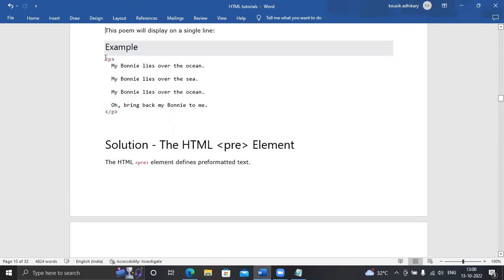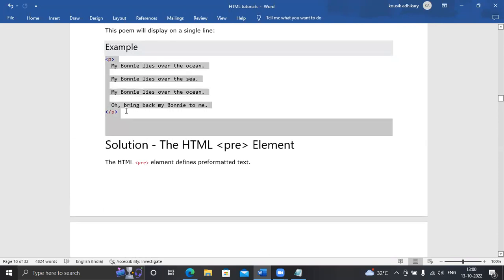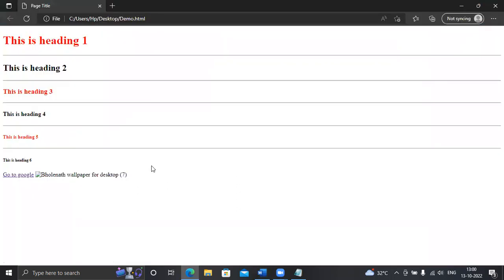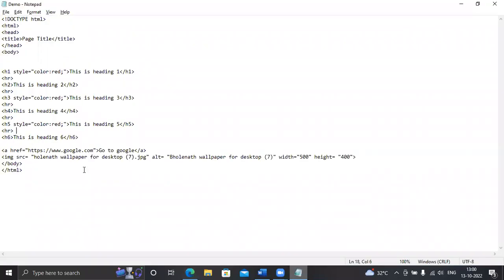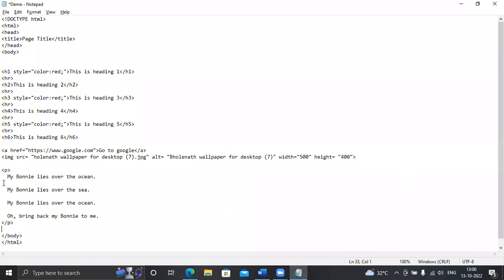Suppose, that paragraph tag, let me copy and paste it. Within that paragraph tag, I have added some dummy paragraph.